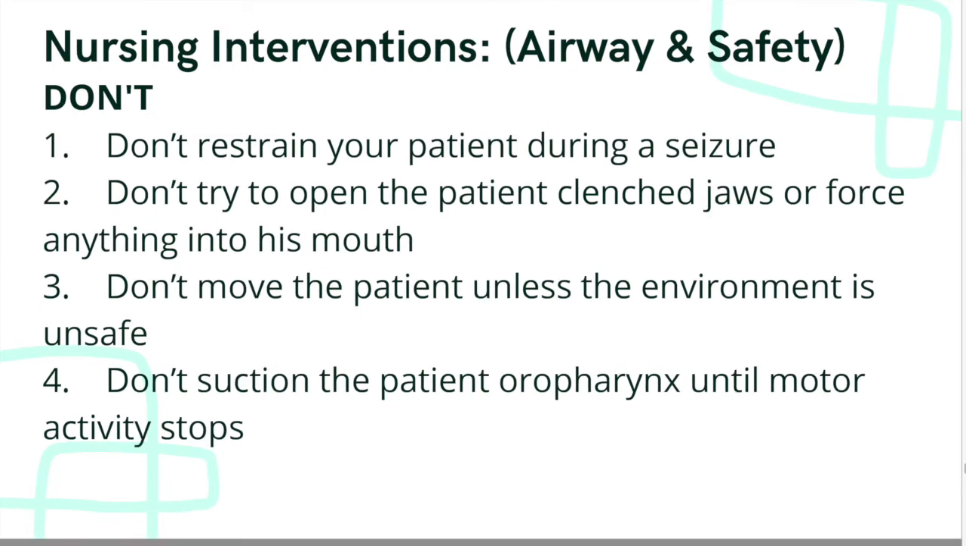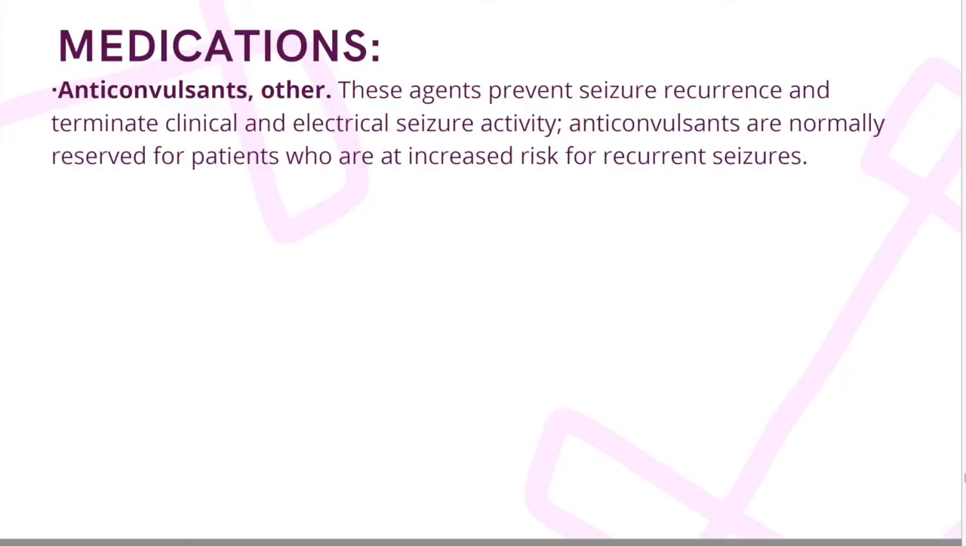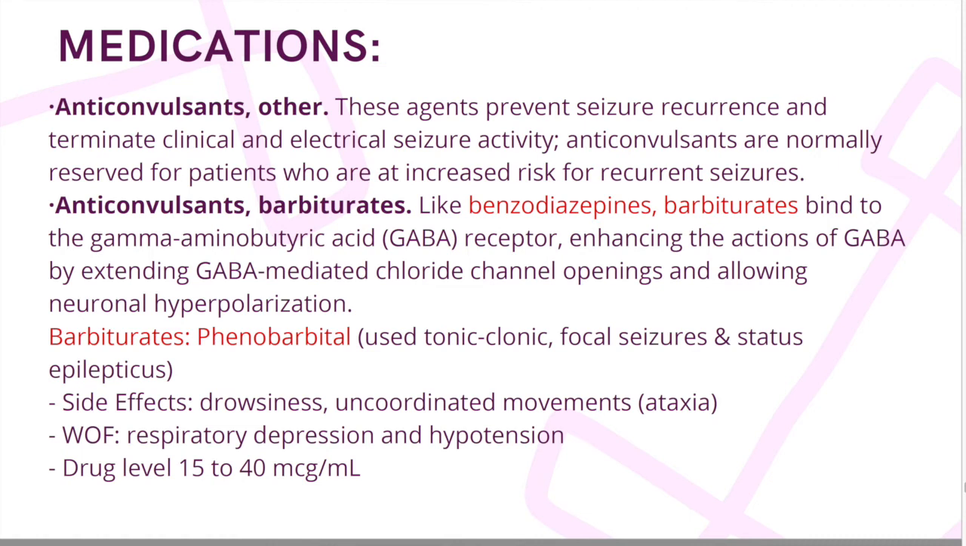Now let's move on with the medications. Anticonvulsants: these agents prevent seizure recurrence and terminate clinical and electrical seizure activity. Anticonvulsants are normally reserved for patients who are at increased risk for recurrent seizures. Next is anticonvulsant barbiturates. Barbiturates bind to the gamma-aminobutyric acid receptor, enhancing the actions of GABA by extending GABA-mediated chloride channel openings and allowing neuronal